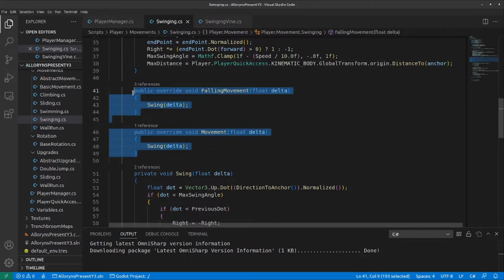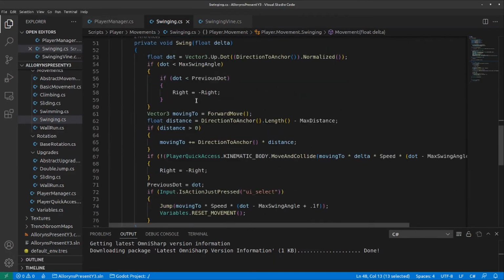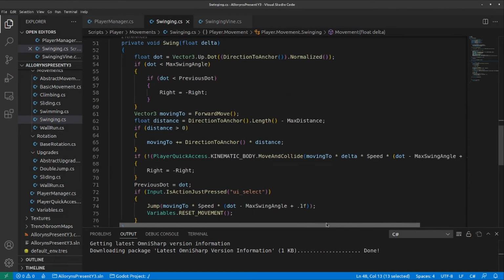Now, if you remember before, the falling movement and movement were both two standard functions in our state machine. I have overwritten both of them to allow for both of them to handle swinging as if you were always in the air, even if you aren't. Finally, with the swing function,